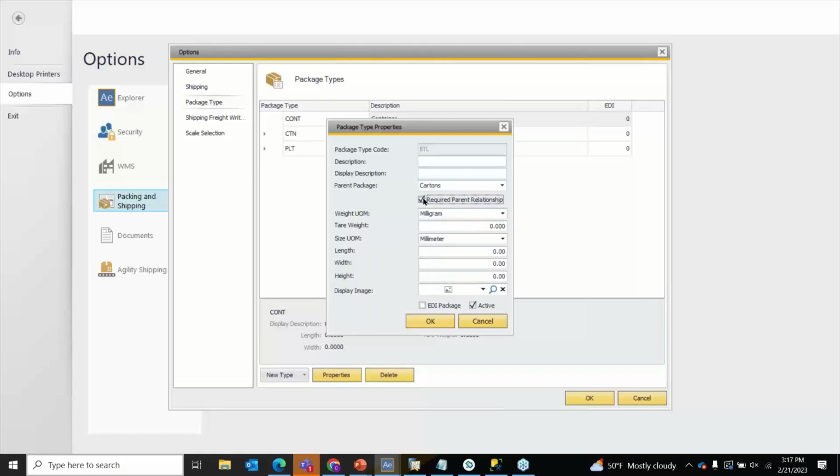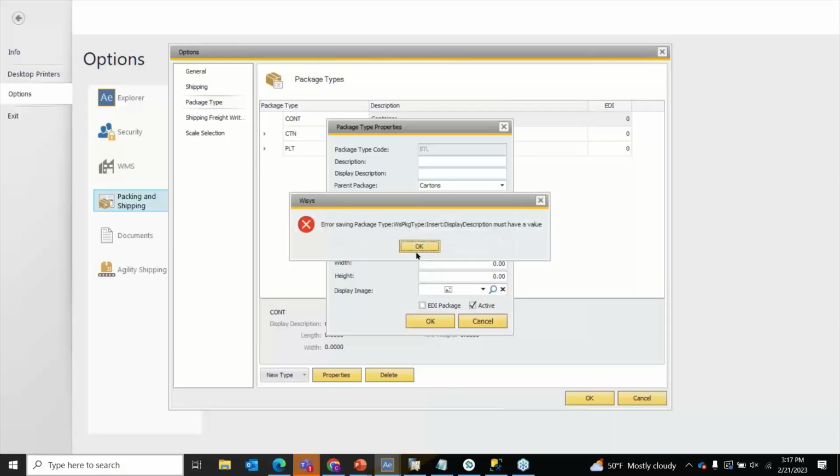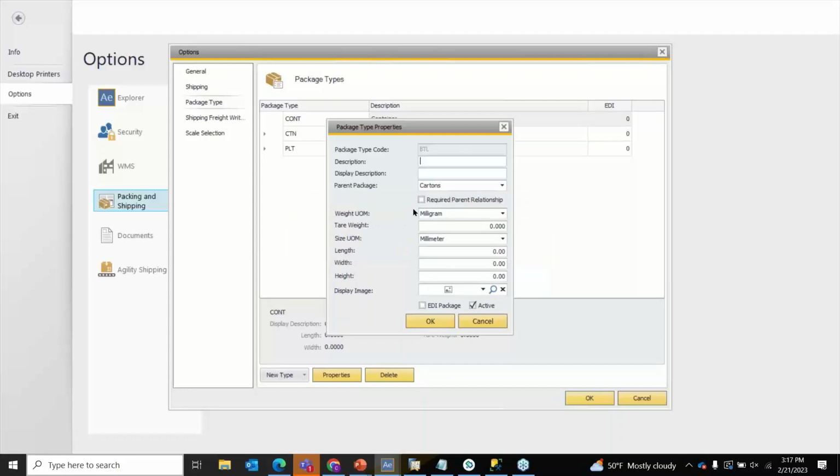We could require the relationship if we wanted to, which would mean that every time we pack a bottle to ship it out of the system, it needs to be packed into a carton. But for this case, we're not going to do that because sometimes we might not want to. So we would hit OK here. I didn't add in descriptions, but we would hit OK there and we would have the ability to